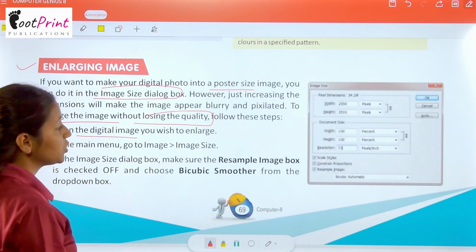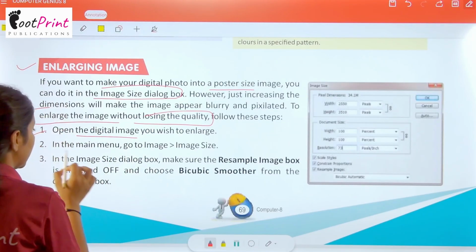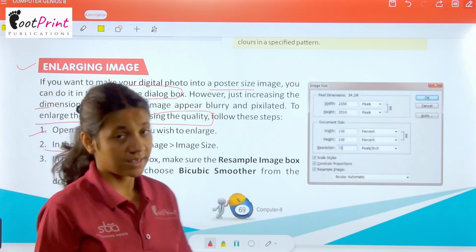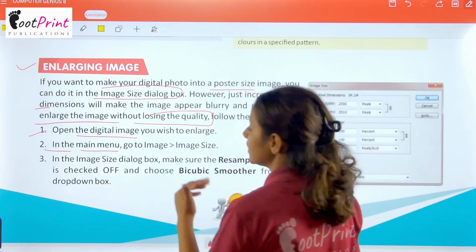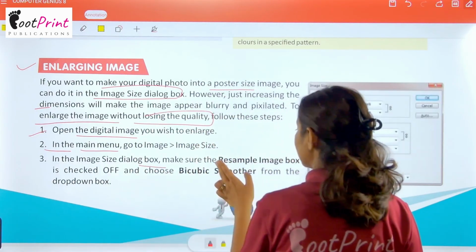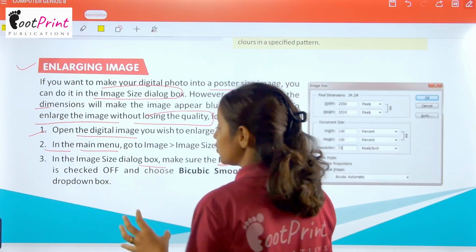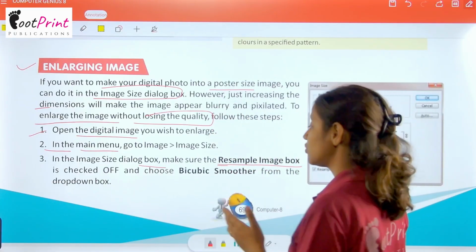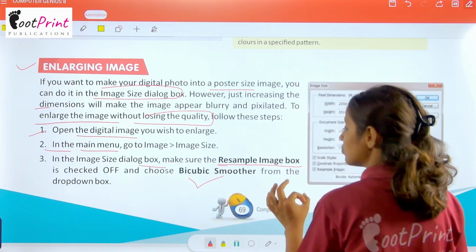Open the digital image you wish to enlarge. Then in the main menu, go to Image, then again Image Size. After that, in the Image Size dialog box, make sure the Resample Image box is checked and choose Bicubic Smoother from the